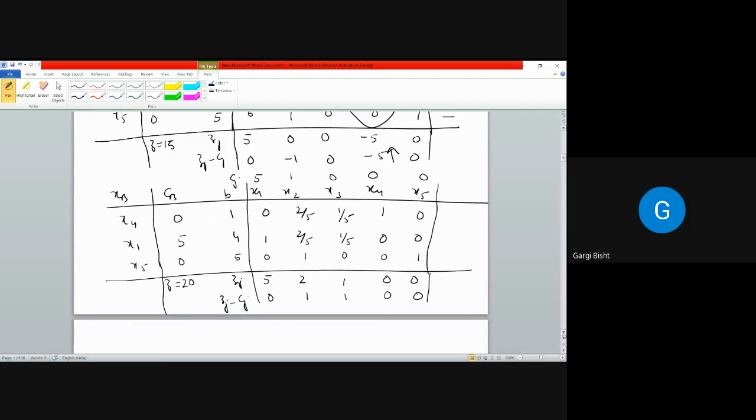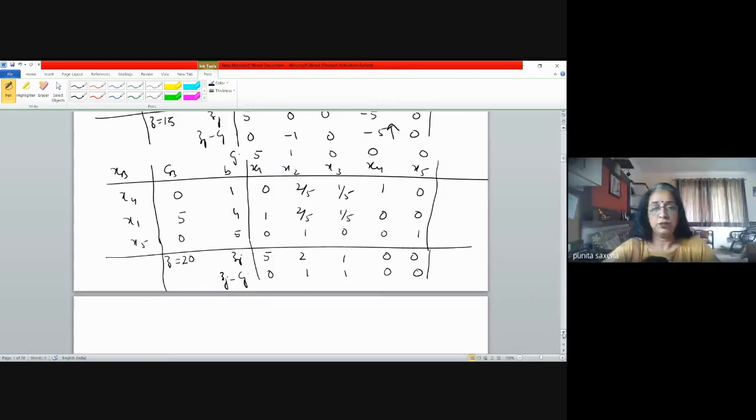Okay. So what a happy state. We have reached optimality, right? Now, how to proceed, how to write the answers now? We just look for the nature of the solution first. So we count the zeros in Zj minus Cjs. There are 3. We had 3 basic variables. So definitely it does not have a multiple solution, right? Why? Because if a non-basic variable also has a 0 zj minus cj, then only the problem is going to have a multiple solution. So definitely it has a unique solution, number one.